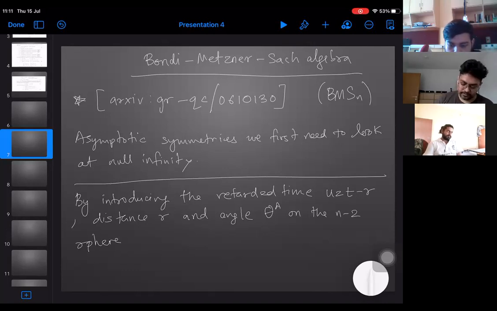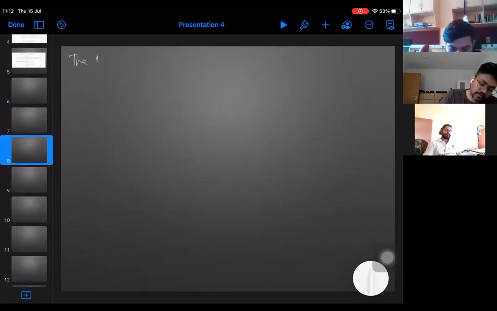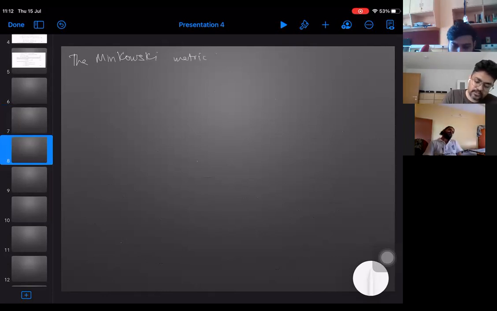The coordinates here will be, for example, x1 equals r cos theta 1, and x_a equals r sin theta 1 dot dot dot sin theta a minus 1, up to n minus 2. So the Minkowski metric